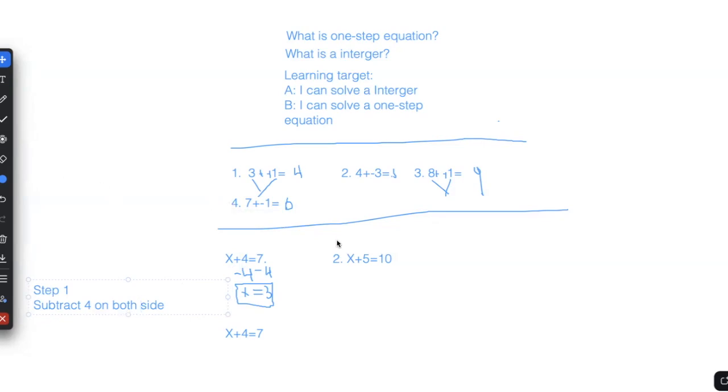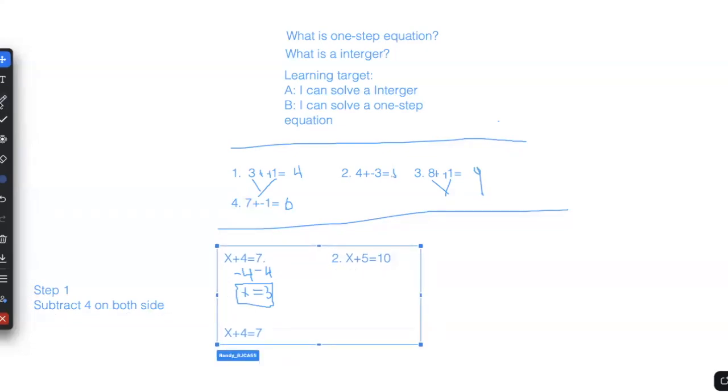All right, now I want you to try number 2 and 3 by yourself. x plus 5 equal to 10 and x plus 4 equal to 7. Then soon we're going to be doing some explanation. All right, now let's get started with the answer. Like we said, be sure to pause before seeing the answer. Okay,